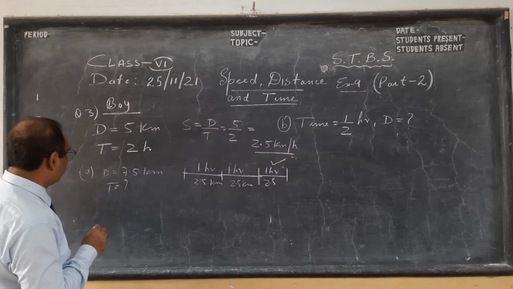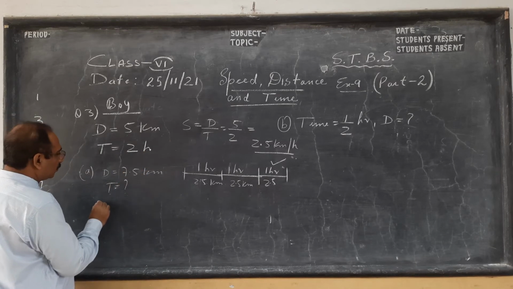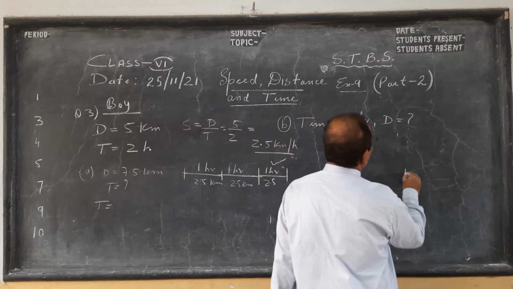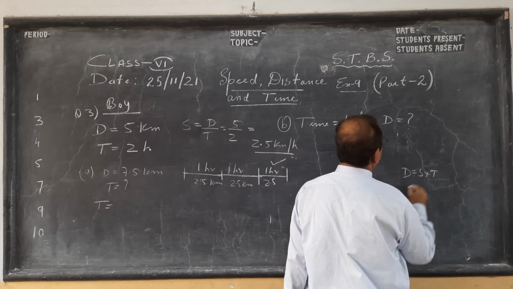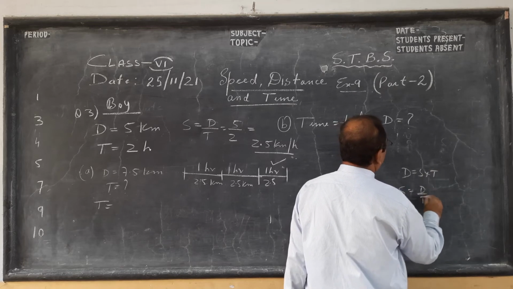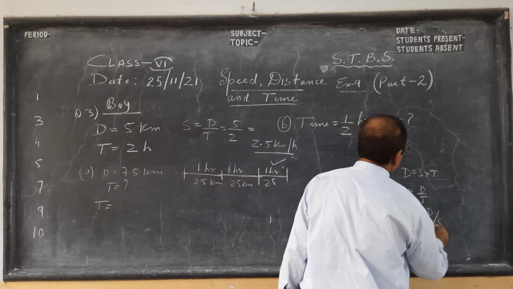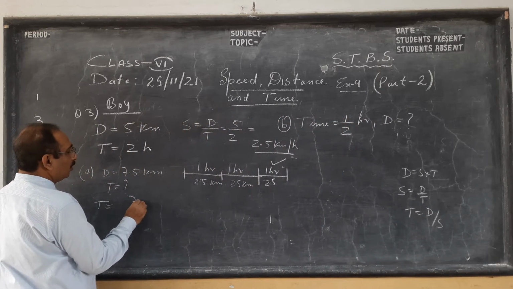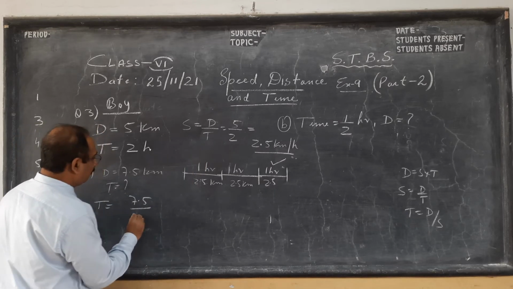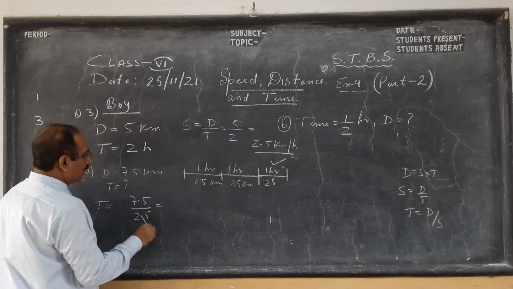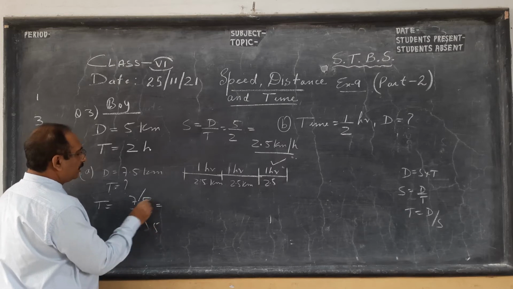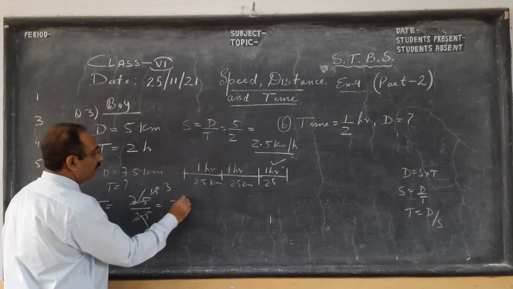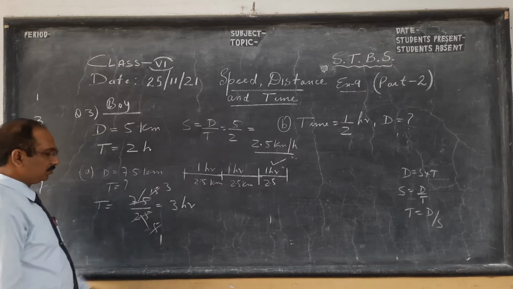So first we find the speed. Once we get the speed, then time. I had shown you that formula: distance is speed into time, speed is distance by time, and time is distance by speed. So we divide distance by speed, 2.5. Okay, so if you cancel, 5 5s are 25, 15s are... you can do it directly also, 25 3s are 75. So 3 hours, write one down. So here we don't write.